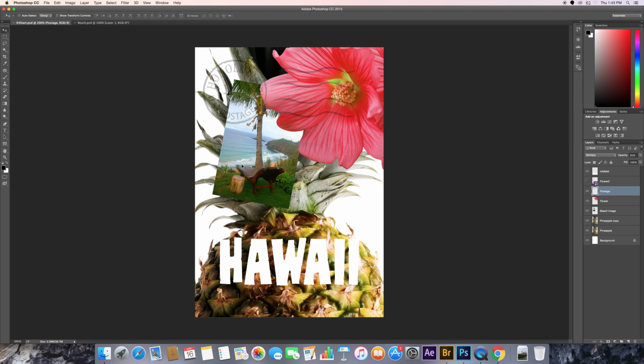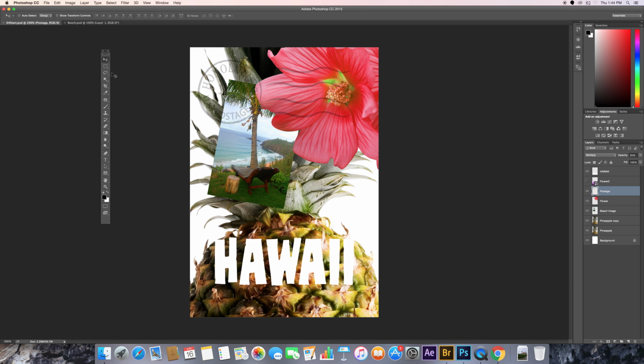Other things in the book, you'll be able to use a filter to create artwork. You're going to add some text, and I'll show you where the text tool is over here. In your tool box or your tool panel, about 3/4 of the way down is the horizontal type tool. You can go ahead and click on that, and this is the type tool that you're going to use to